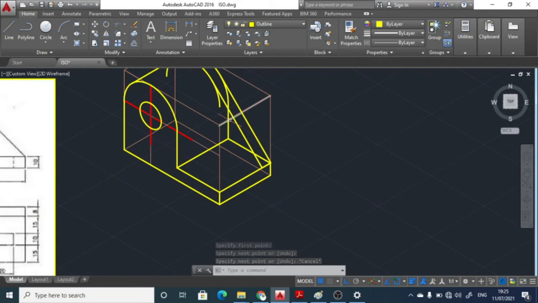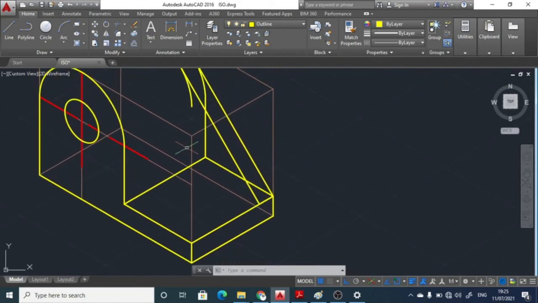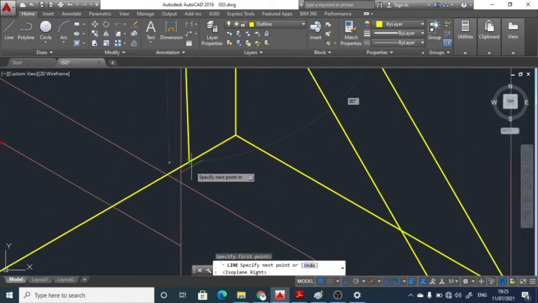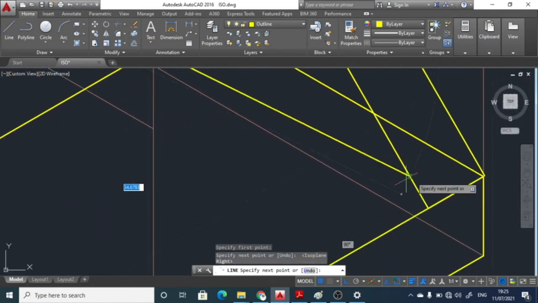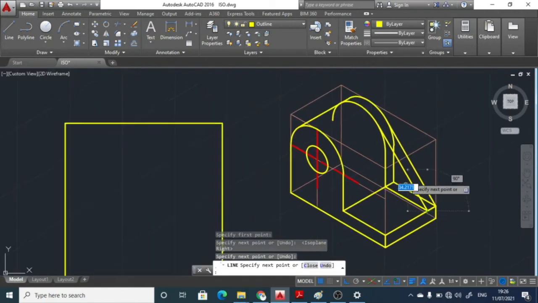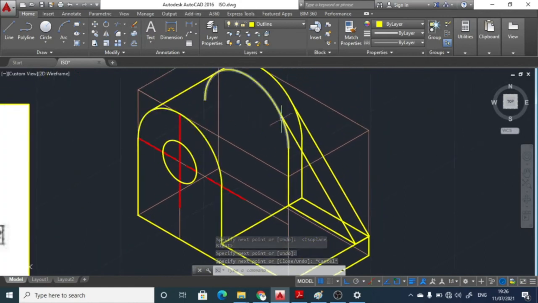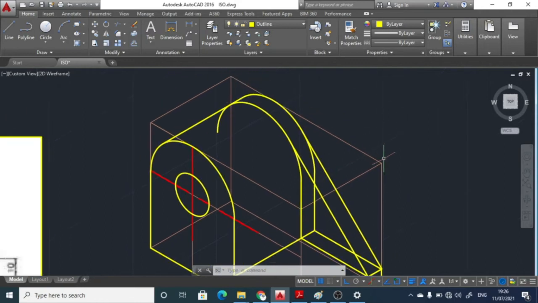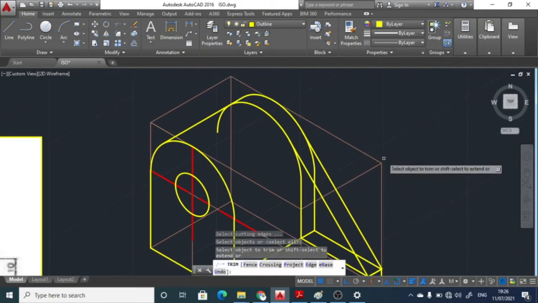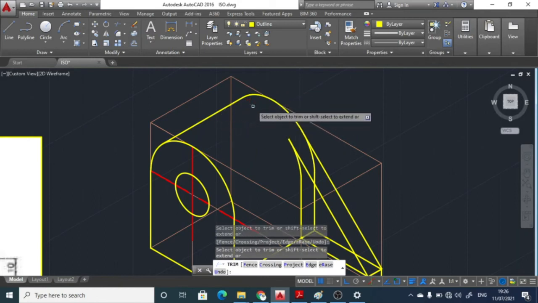Once you have done this, then the rest of the vertical and horizontal part of the rib you can draw. So you take a line over here, and from this line you can draw the vertical line. Press the F5 button and you can draw the horizontal line up to this position. You can see on the screen what we have done. We have copied this curve. We have drawn this vertical line and this horizontal line, and the rest of the curve part we are going to trim now. This part we are going to trim for the curve. This part we are also going to trim.